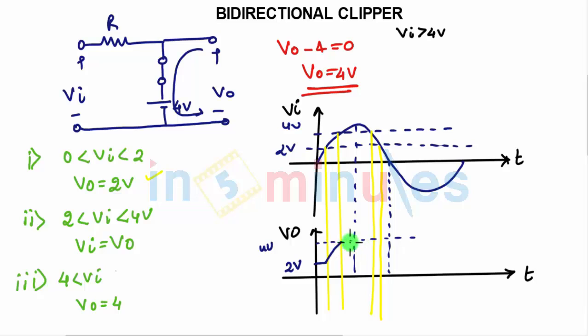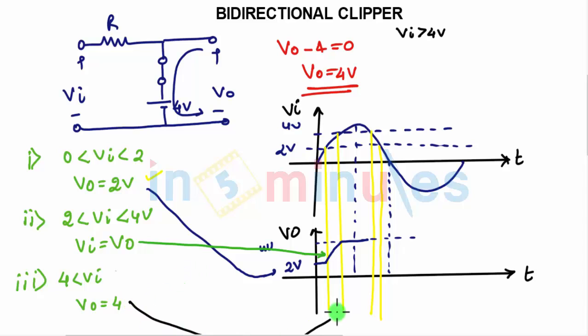After that, from this point onwards, this 2 volts is what you get from the first condition. Then from the second condition we get this waveform, and from the third condition we get this waveform. The third is from this, and it will repeat in the next half cycle. So it will continue like this, then constant. Now we are done with the analysis for the positive half cycle.